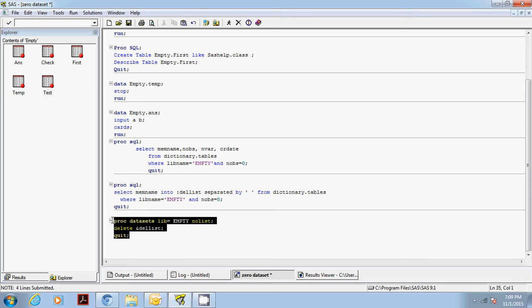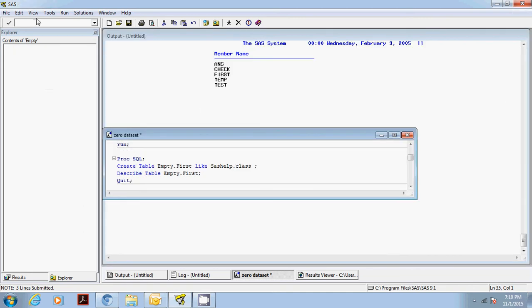So the final step, I'm going to use proc datasets library equal to empty, delete this macro variable dellist, where all the tables or datasets with 0 observation have been captured. And as soon as I run this, it gets deleted. As simple as that.